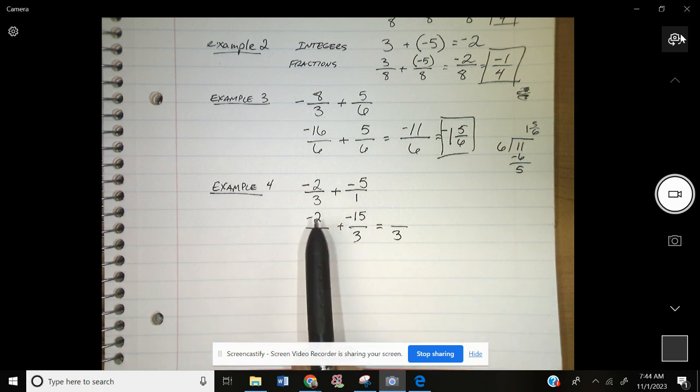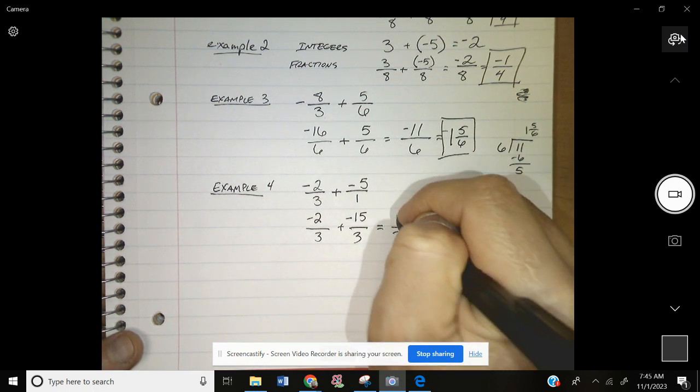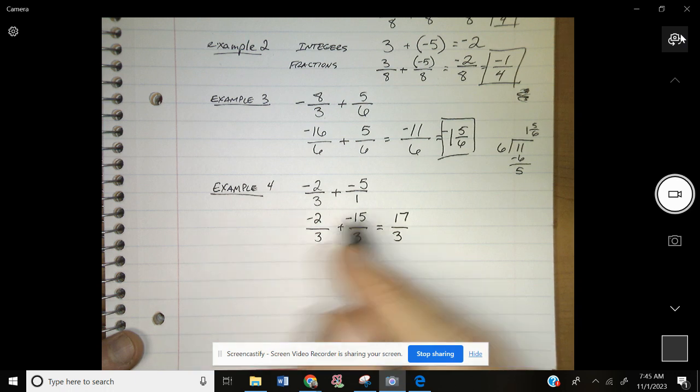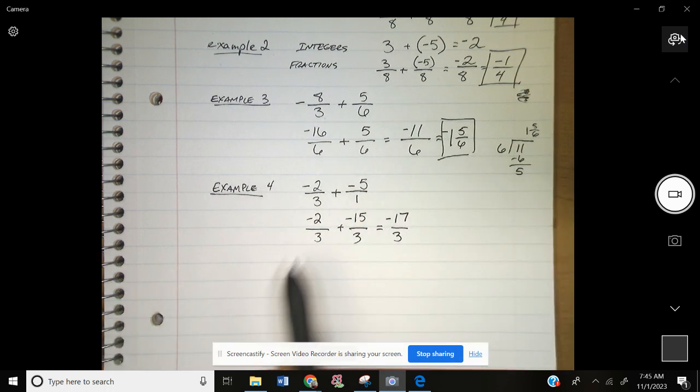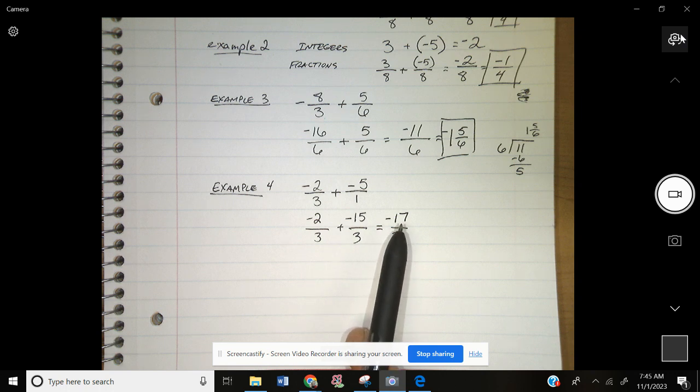On this one, though, think about our rules of addition, our rules of integers. If the sign is the same, you add the absolute values. 15 plus 2, 17. And you keep the sign. This is negative. If these were both positives, you would add them. It'd be 17, and then you would keep the sign, which would be positive. This is correct,